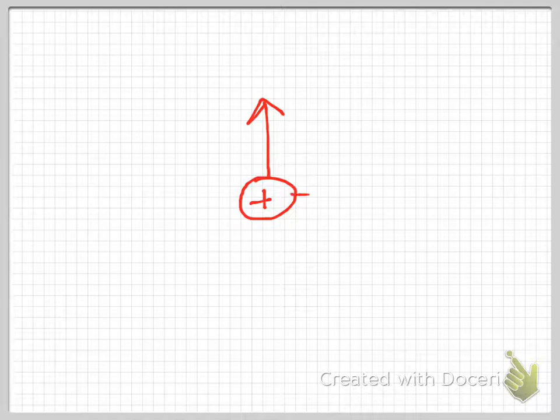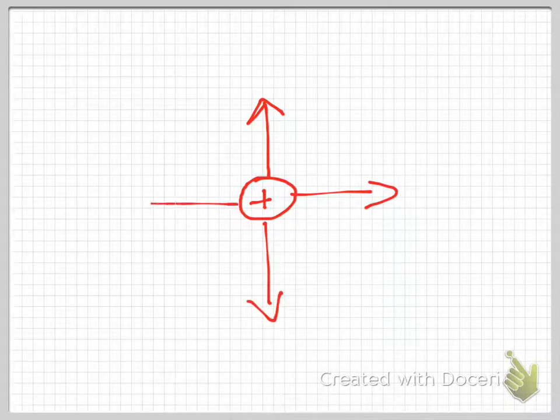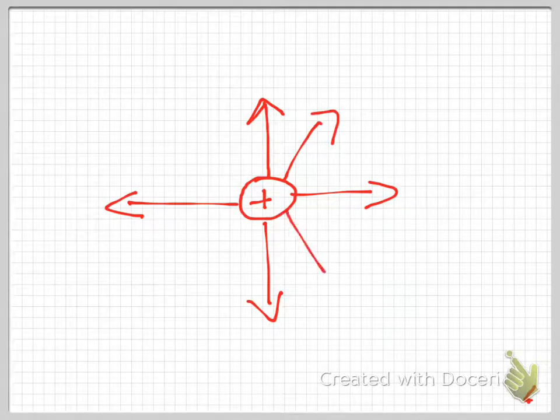Now we can use the drawing, so we could use, for example, the positive, and we can draw lines moving out from there. And there are a couple things that you can get from the lines. First of all, if I draw a number of lines coming out,